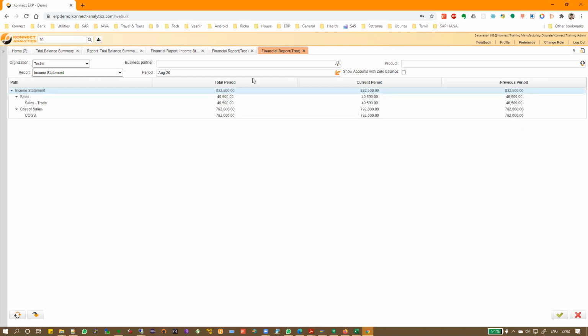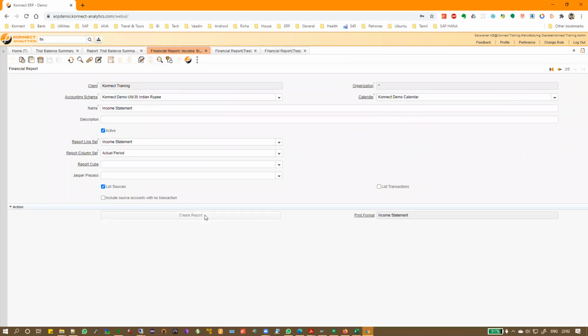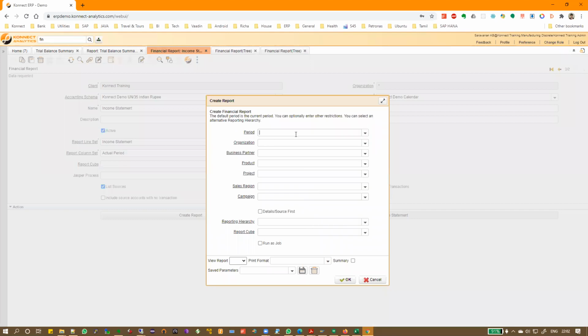So like this, you can take any period, and then you can expand and see it. Suppose I want to download this report, the same report can be executed from this window. I say create report, and I say August 20. I don't give any selections. Organization I select textile.